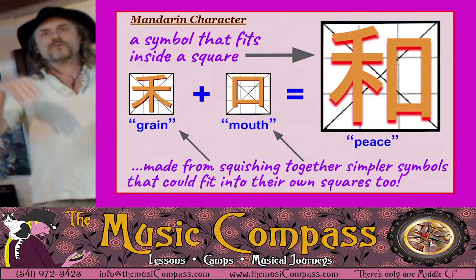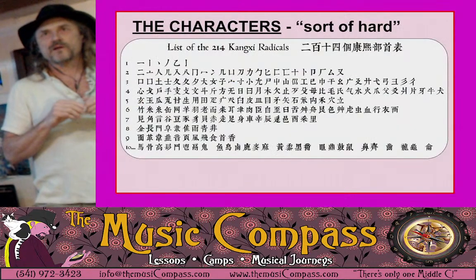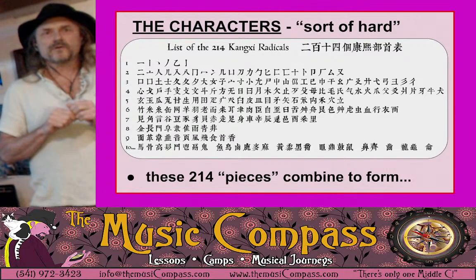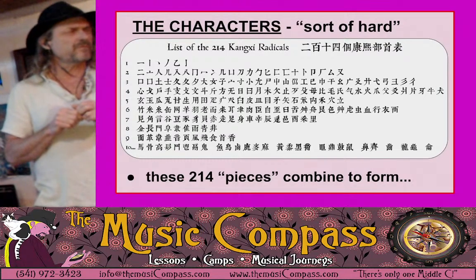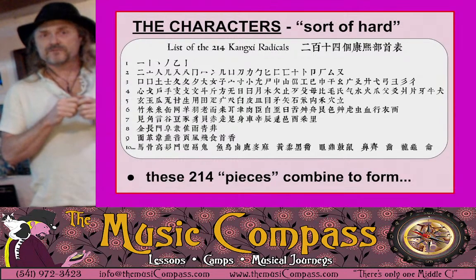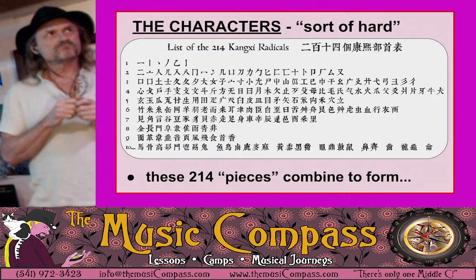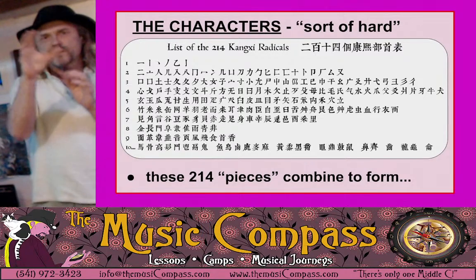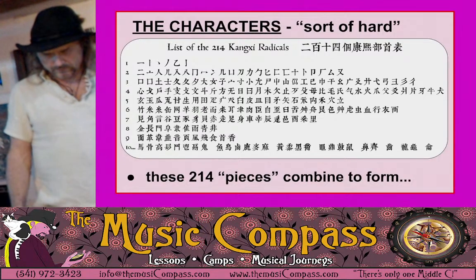They can get increasingly more elaborate, but they're all based on these original little things called radicals. And there's 214 radicals. Some of them are still in usage on their own, but most of them aren't. Most of them were used singularly back in the classical Chinese days, but nowadays it's pretty rare that you'll just see a radical on its own. Most of these are just recognizable in their little squished forms combined with each other to make more complex